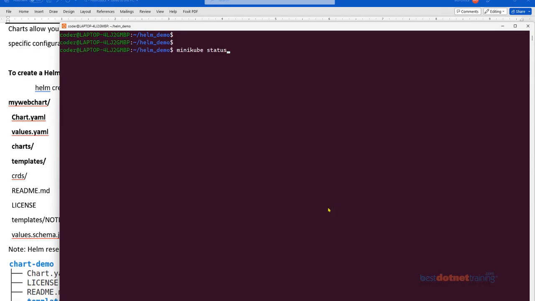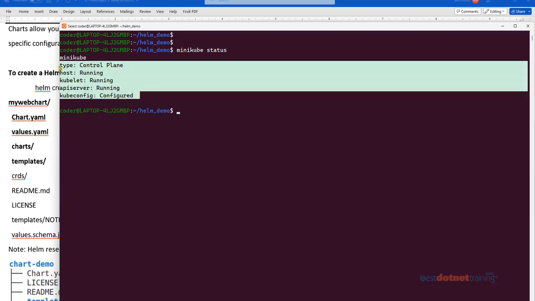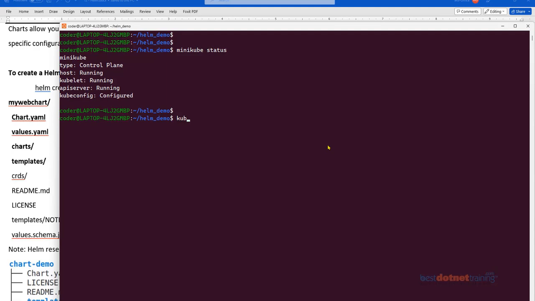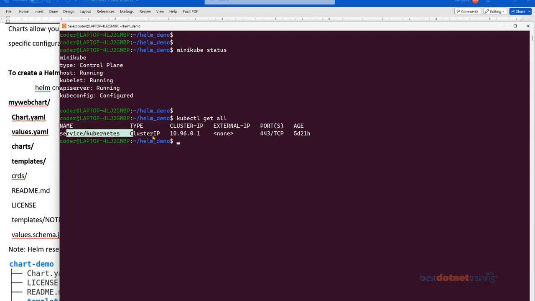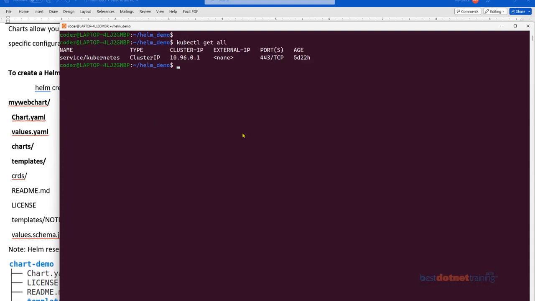Okay, that's wonderful. So if I run the same status command, it now shows everything is running, isn't it? So if it is running, I'll just verify. I say kubectl get all, and there you go. It's a brand new empty cluster. I've just done cleanup, so you'll not find anything here, I mean, in the default namespace. So now that this is there, you can start working with Helm. Okay, so you only need access to a Kubernetes cluster.